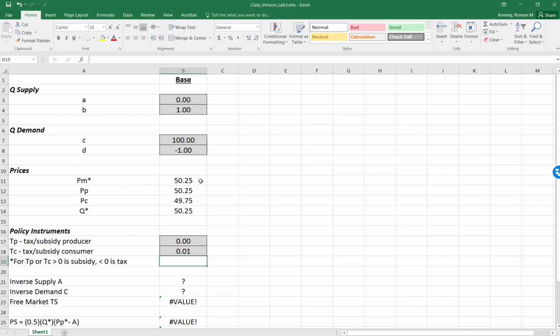When we add this PM variable, as long as we're only subsidizing one side of the market here, we will end up seeing that one of these will match up. And so when you subsidize consumers, you drive up the market price. When you subsidize producers, you drive it down, right? And so that's another way that we might be able to untangle the effects of policies by looking at this. And of course, if you did something like,